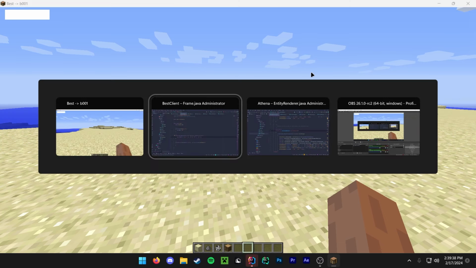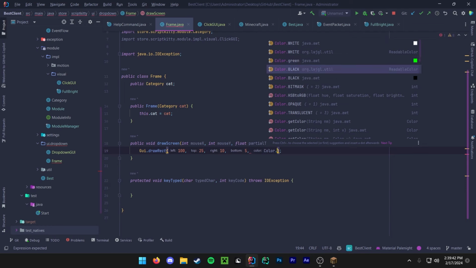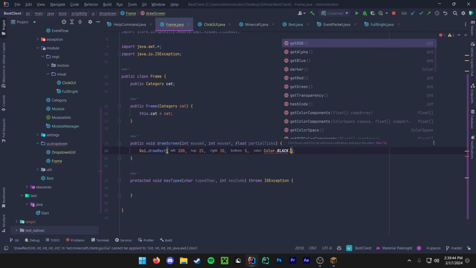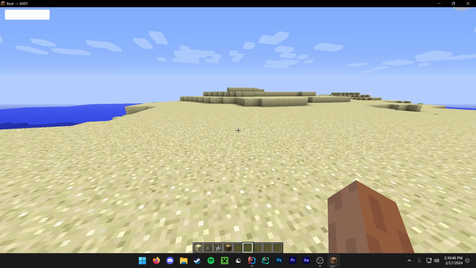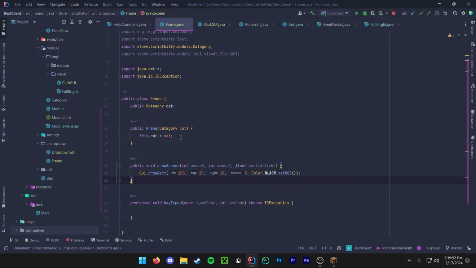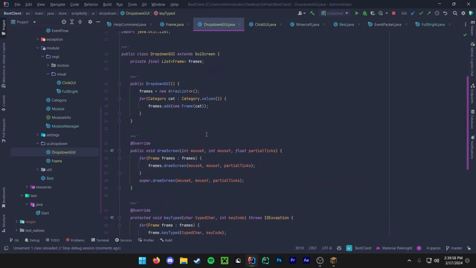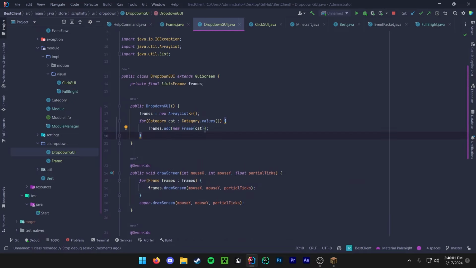Yeah. Okay. So now we're gonna change the color to color dot, let's go black, dot get RGB. And so now the color should change to black. There we go. All right, so now we're gonna go into drop down GUI. I'm gonna go in here, and in drop down GUI here,